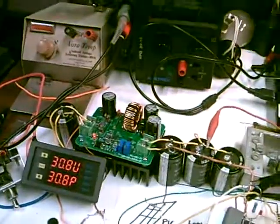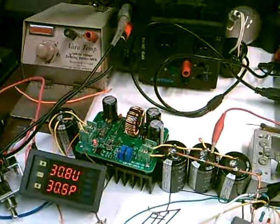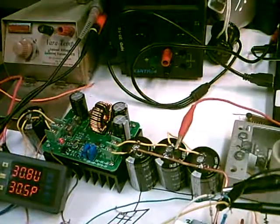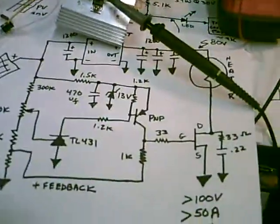So, whereas before with the other circuit, we'd be at probably 0 watts right now, we're able to produce about 30 watts. And I probably won't get any sun for a couple weeks, so I can't fully test this, but preliminary, here's